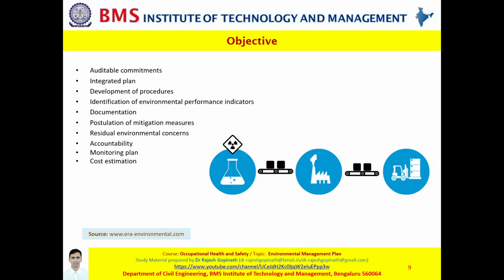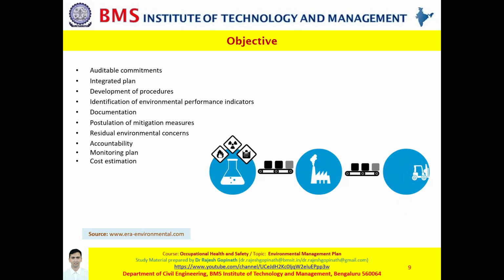So environmental management plan has to accommodate and envisage all these facets. Therefore, it's an integrated plan. And why do you have this integrated plan? So that you can carry out a comprehensive monitoring. And only if you do a comprehensive monitoring, my dear friends, we can control the negative impacts that